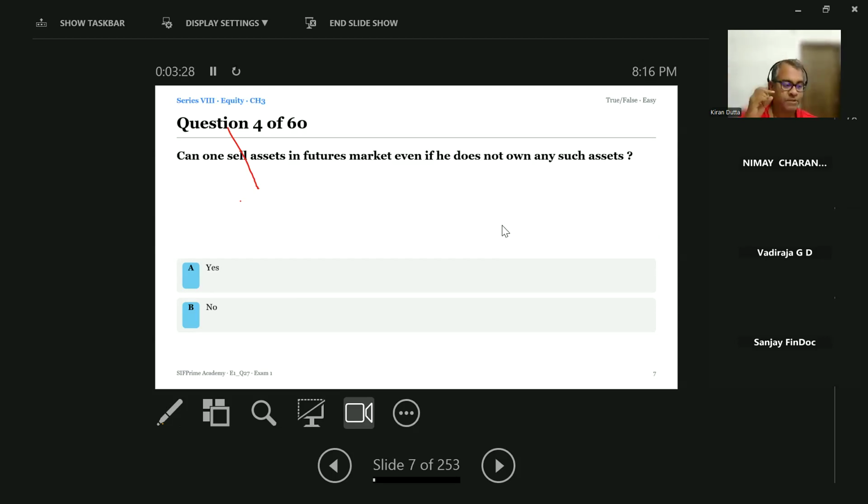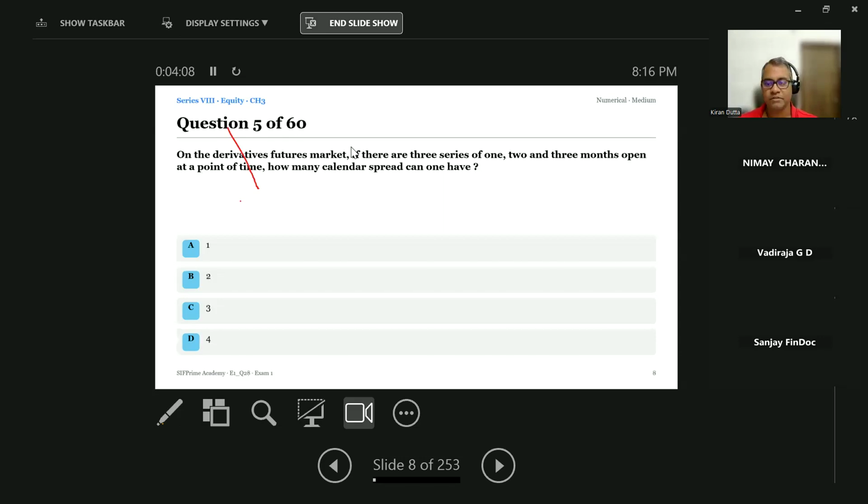Just quickly revising the concept here. What are forwards and futures all about? Forwards and futures are contracts that we write for the near future, and there is no exchange of currency or commodities that happens now, when we are entering into the contract. So I can actually sell futures in the market even if I don't own any assets. Okay, so the answer is yes. Don't get confused at all. Futures, forwards, you're not owning anything. That's a simple rule. Quickly,